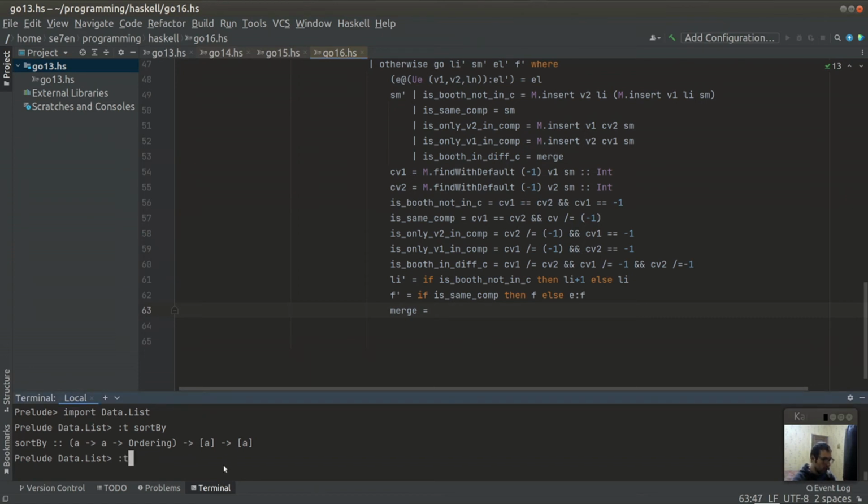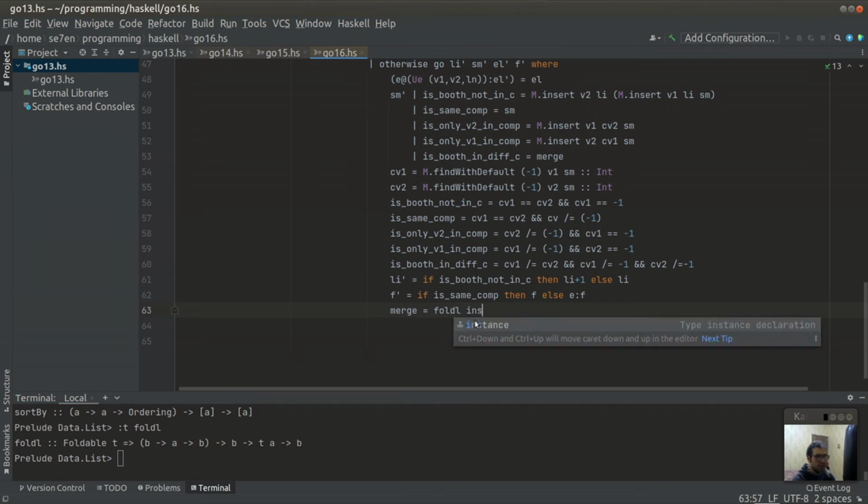Okay, I will put its type signature here. The foldl function, and I will provide some insertion function. Also I need to provide the initial mapping, of course it's our received mapping,